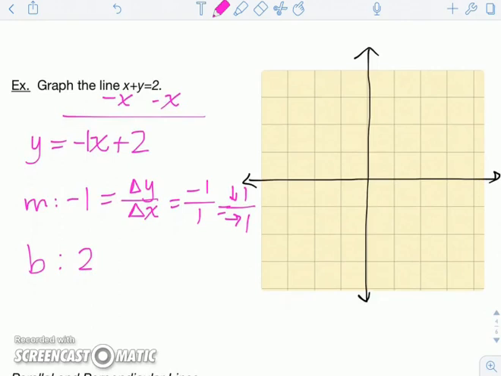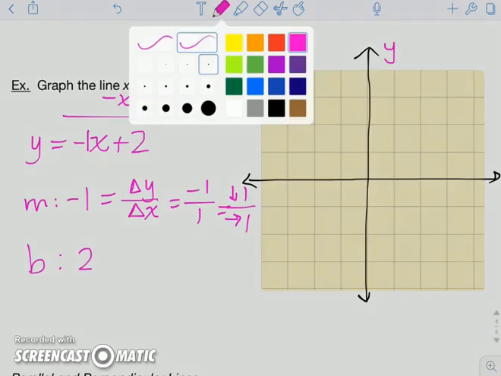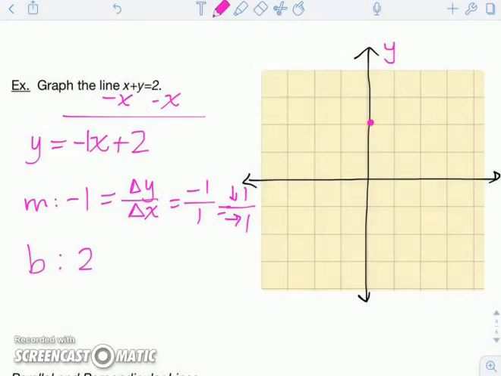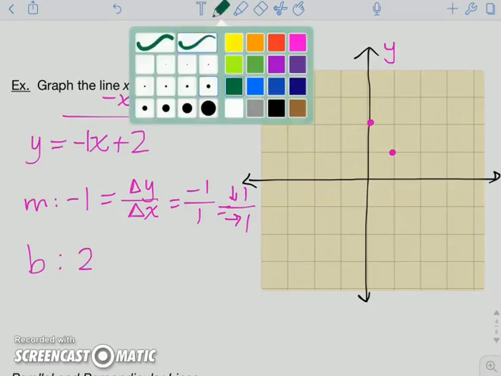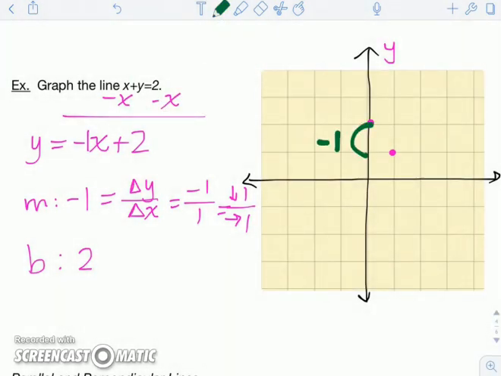This means the y-axis, meaning the vertical one, I'm going to start at the point 2. And I put a point there. So I put a point at 2 on the y-axis, and then I'm going to move down 1 and right 1. So I went down 1 and right 1. I'm then going to draw my line, connect my 2 points, put arrows on the end, write my equation on there, and I have to ask myself,